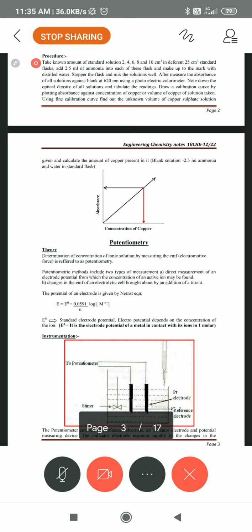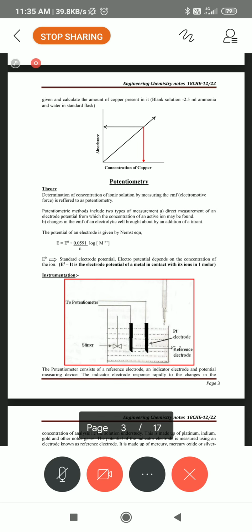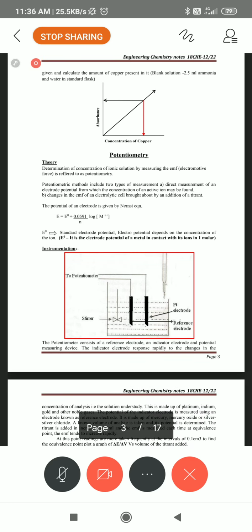We can call it the equivalence point, that is, the potential of HCl has steeply increased. That point we call the equivalence point. The equivalence point means the maximum amount of titrant is used to react with the analyte. So that is what we call the equivalent point. After that equivalent point is enough, instead of stopping the titration, you can keep on continuing.